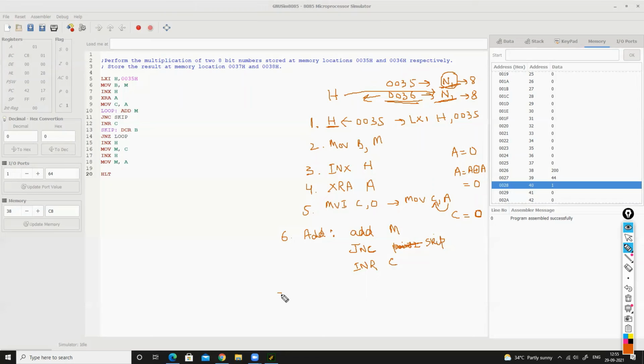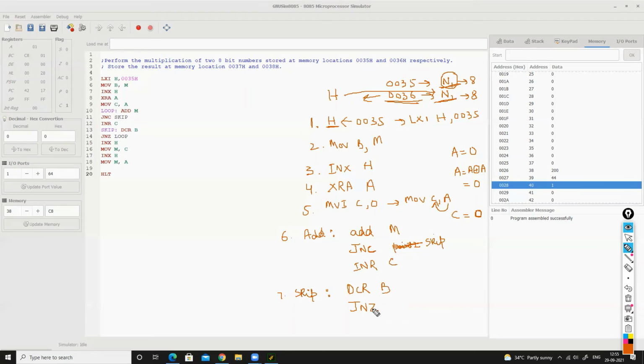So what is this skip? This is another routine. It says simply decrement B, then check if B has reached 0. If it has not reached 0, that means jump not 0, then again we have to do addition.